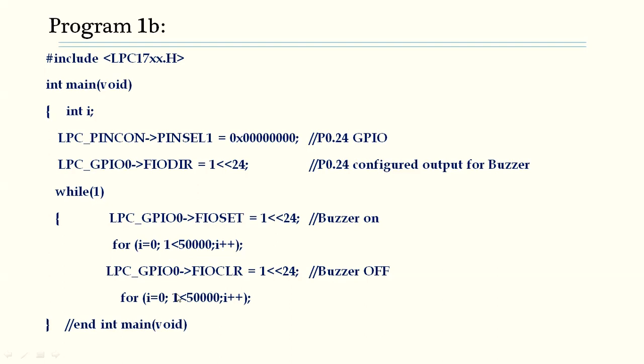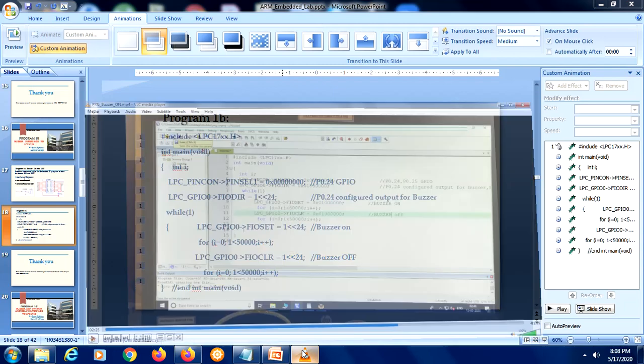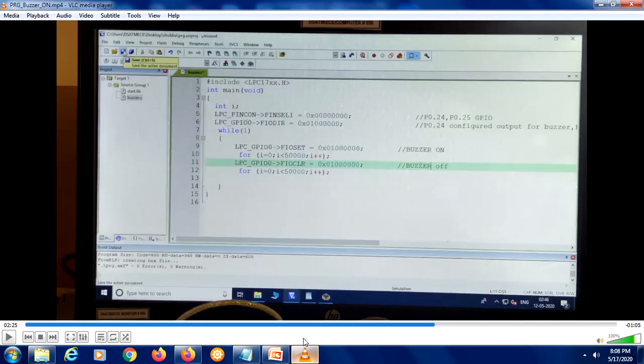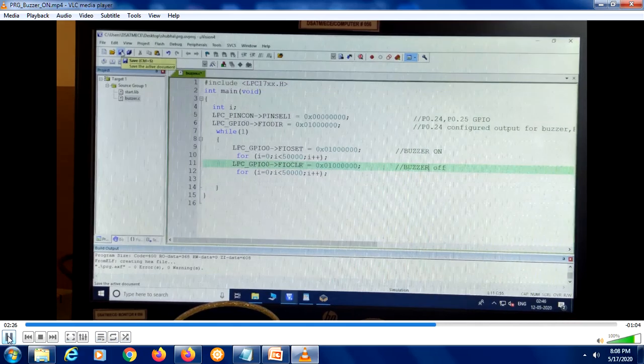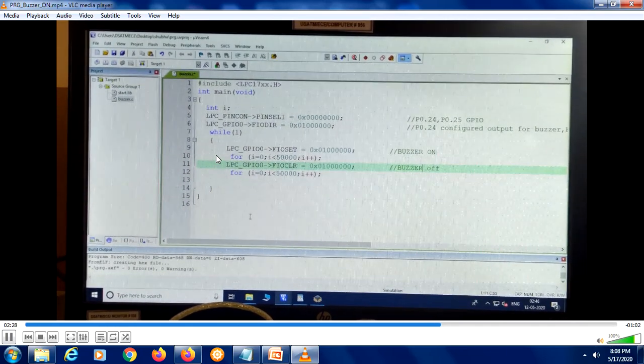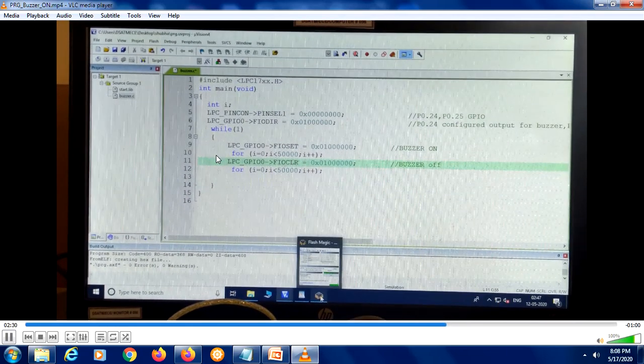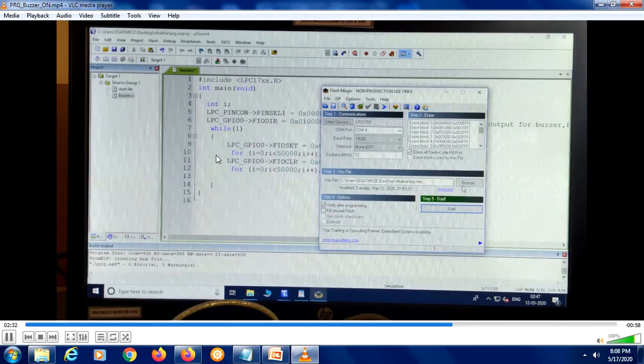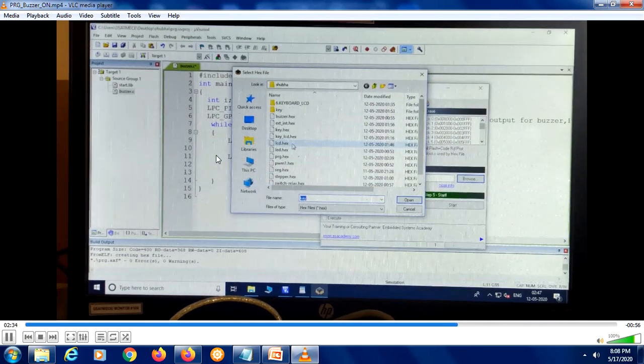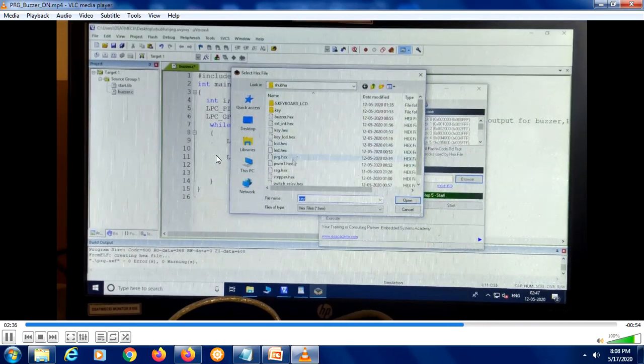Hope the program and the logic is clear to you. Let us go ahead with the execution of the program. So the program is being executed, and let's see how it really works. Here goes the program. Save and build it, and then we have to download. So we have already created the hex file. Then we'll take the hex file of the buzzer